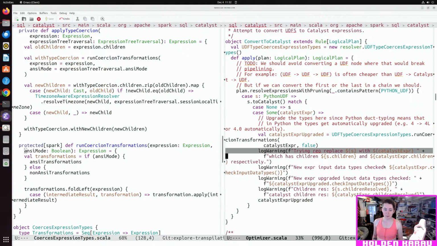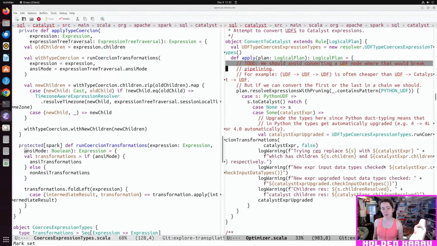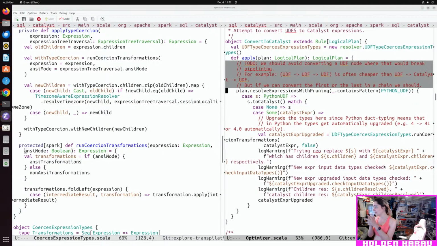So, let's leave those in there for now. Okay. So we've got this to do, which is definitely something I want to think about. It's gonna be gnarly to implement because I'm lazy.